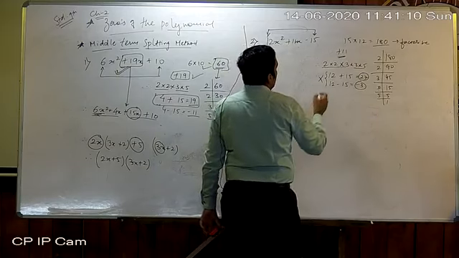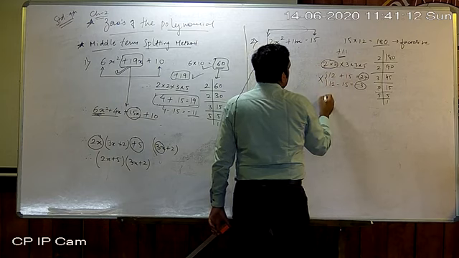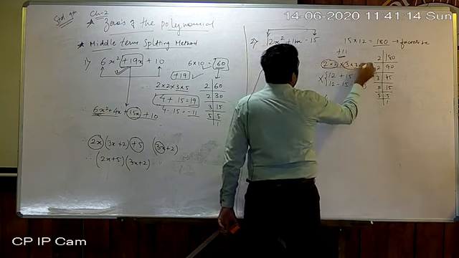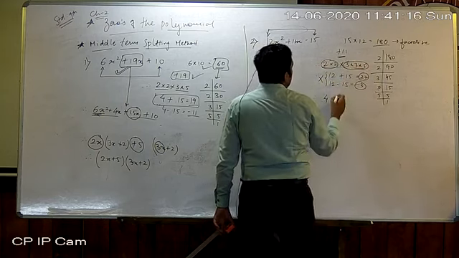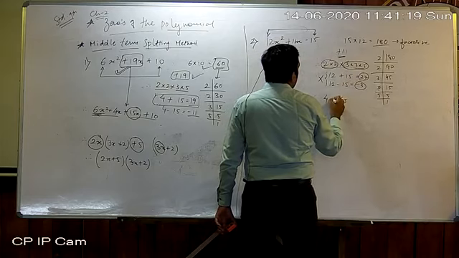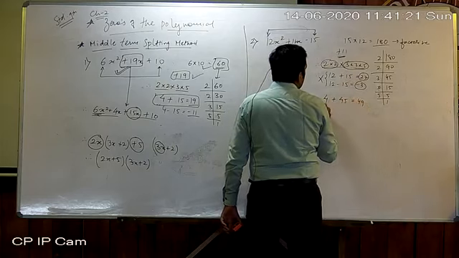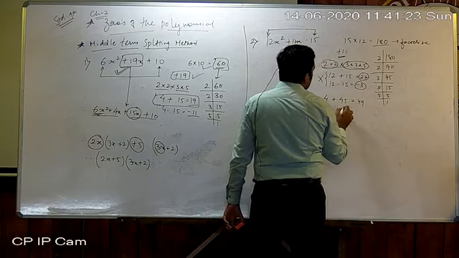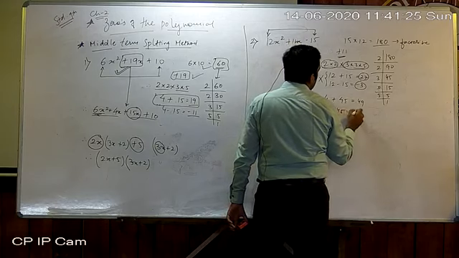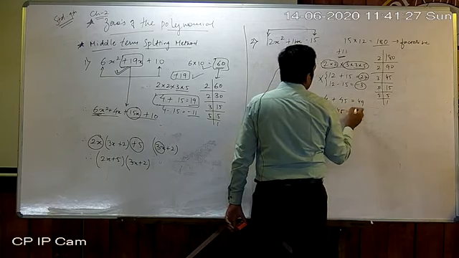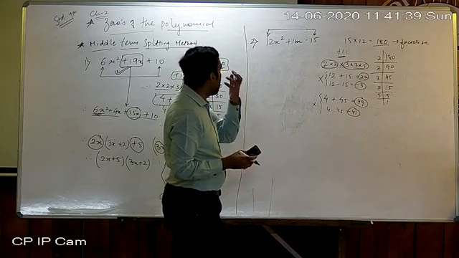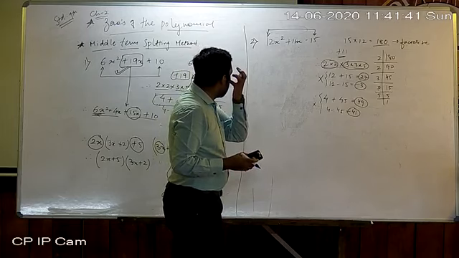Now we can take 2 twos are 4 and 3 threes are 9, 9 fives are 45. 4 plus 45 is 49, and 4 minus 45 is minus 41. So for these two, we also can't find 11.